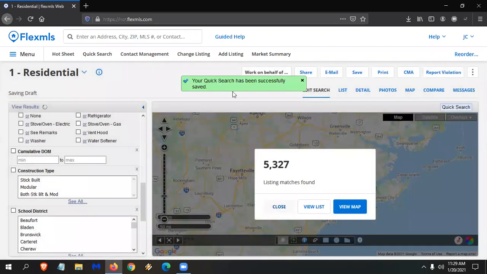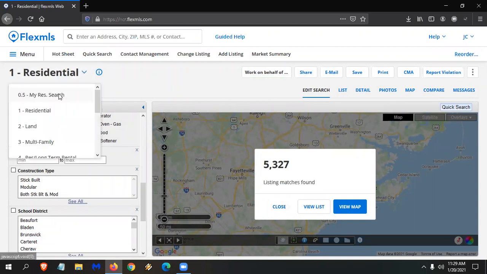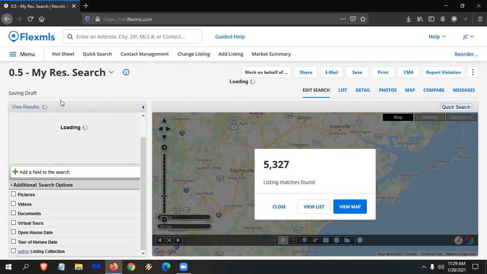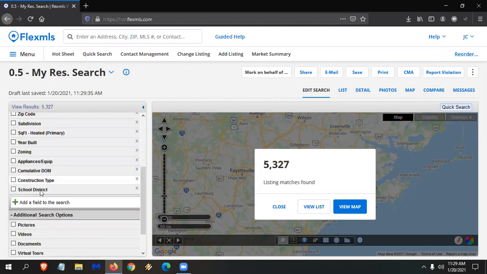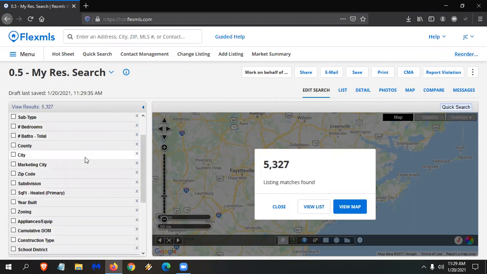So now I have my own quick search template. If I switch to My Res search, what do we see? Those 5 fields that we added are always there, and it removed those like listing member, whatever, removed all those fields, and this is always there. And then when I go to the list tab,